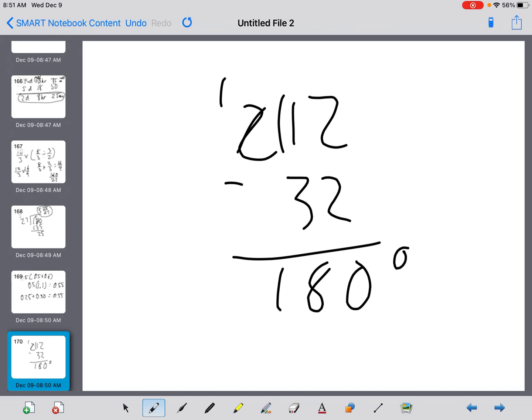Why don't you write on the top of your page, almost Christmas break. Put a big old smiley face by it. We're getting excited. Christmas is almost here. 2020 is almost